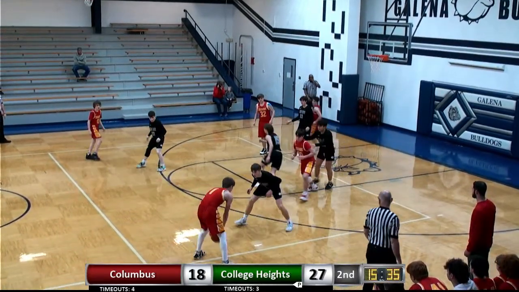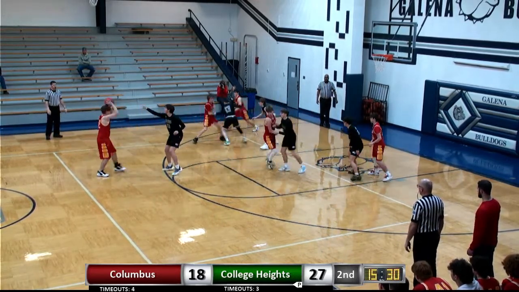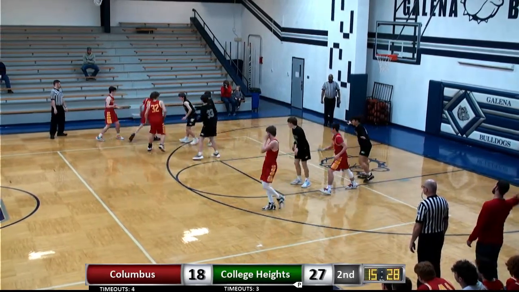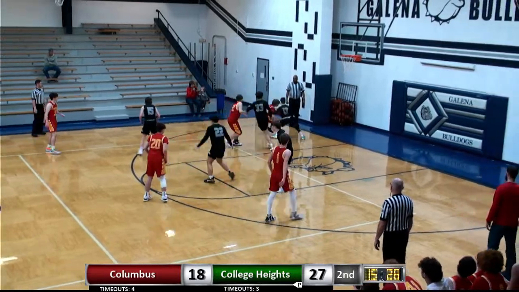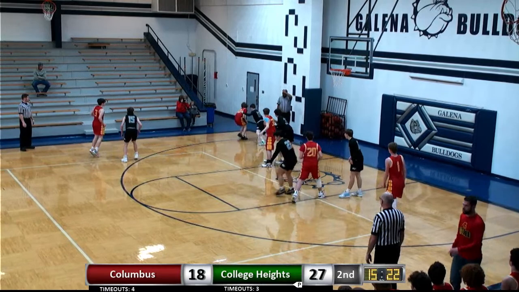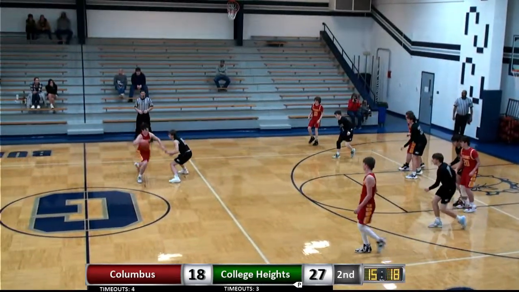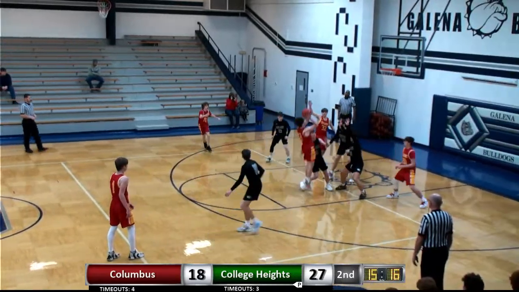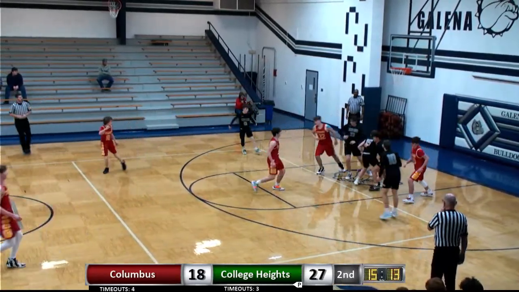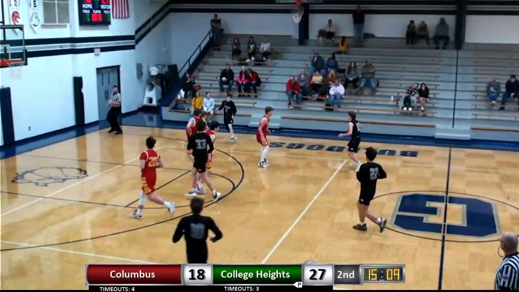Cougars into the man defense. Hipple comes high to defend the ball. Anderson cuts off baseline. Miller in the passing lane gets a deflection. Columbus back on the ball, drives into the paint. Good box out that time by the Cougars as Miller comes in to collect the defensive rebound and push it